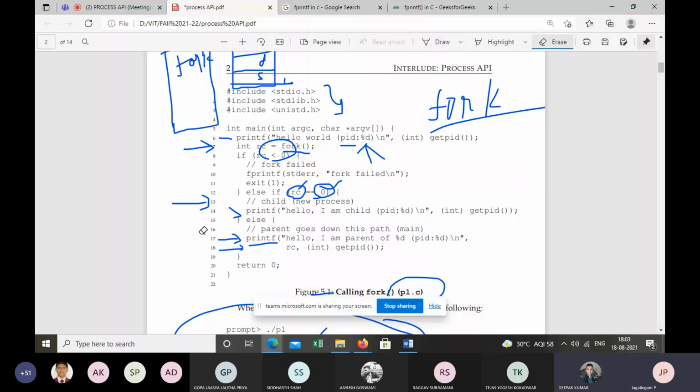Sir, RC value equal to 0 means the child process is a zombie process?